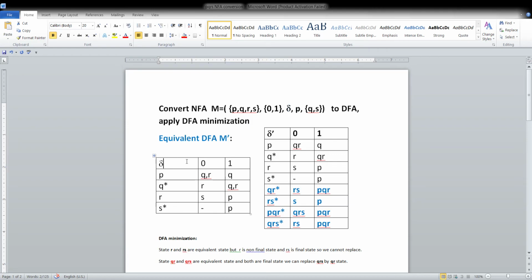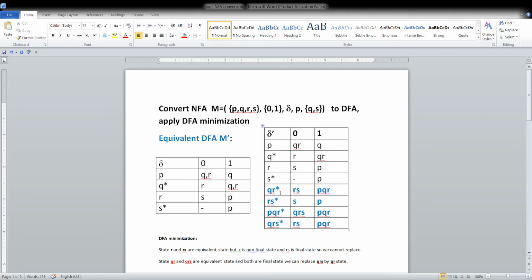So as you can see, the transition table is given, and in this transition table, there is a state QR which we need to consider in the transition. So this is a delta dash for resultant DFA. So in resultant DFA, we will start with the QR state first. And here the entries are transition on input symbol 0 and on input symbol 1. We find it by using the union of Q on 0 and R on 0. So you can see if you take the union of these two, it is RS, and if you take the union of these two, it is PQR.